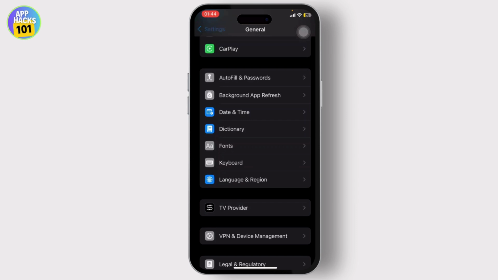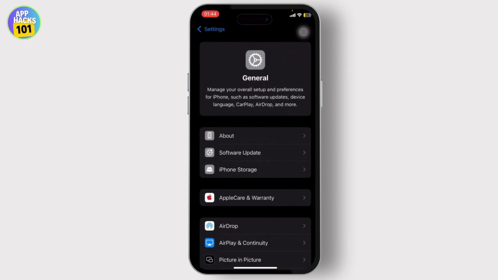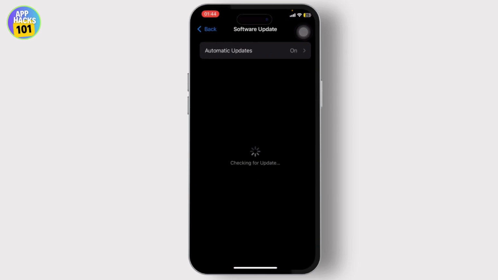Now what you'll need to do is just check for the software update. So make sure that you're updated to the latest version, because the phone number not being available for iMessage might be due to a software bug and it might get fixed with the new software update. So make sure you do that, and after it's done you can just go back and check,